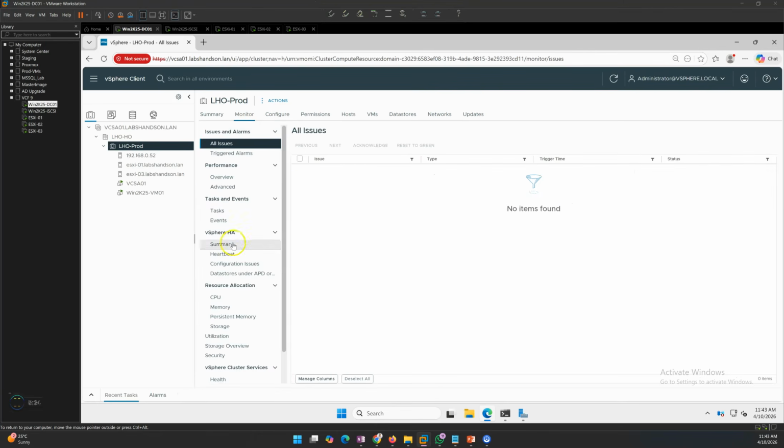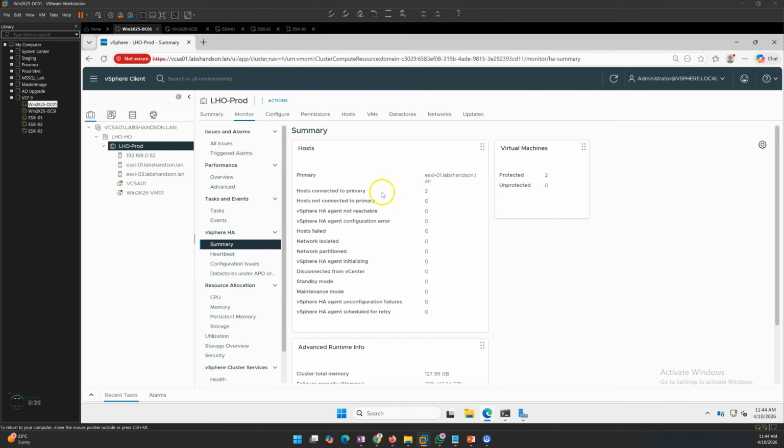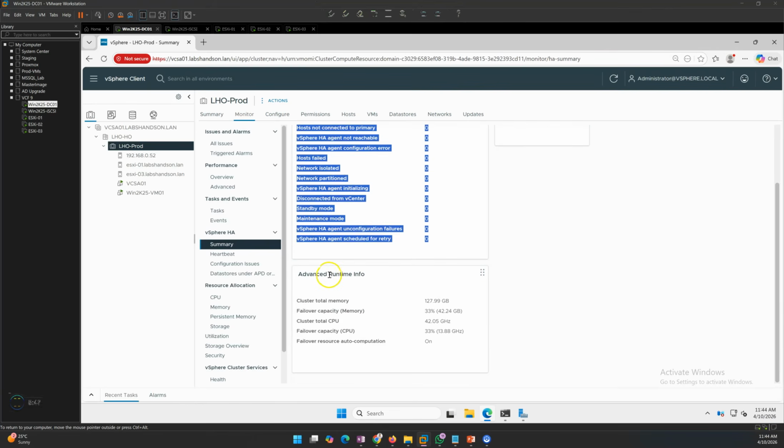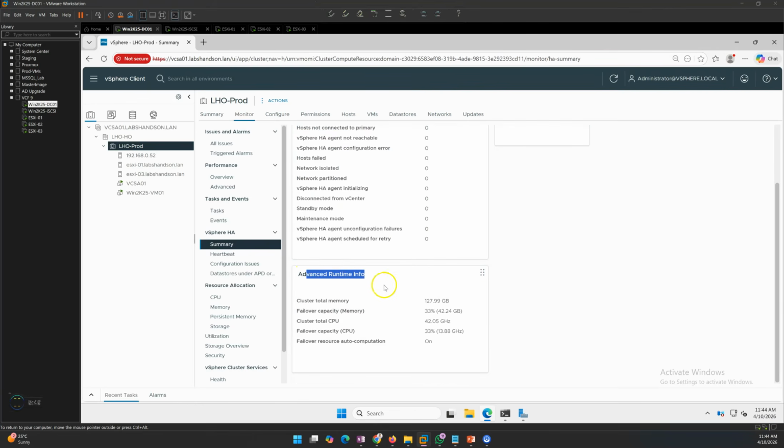So we got two hosts basically connected to primary, and these are all the details you have: host failure, none. So the rest is everything 0. Now if you go to advanced runtime information, you can see cluster total memory 128 GB, and failover capacity memory is 33%, which is approximately 42 GB. Total cluster CPU and what is reserved. So failover resource auto